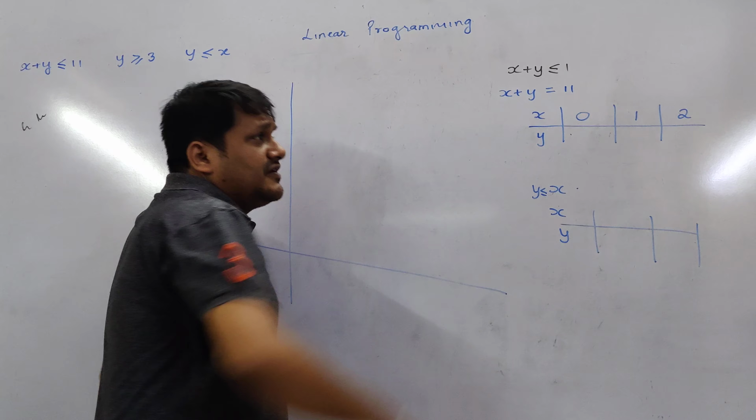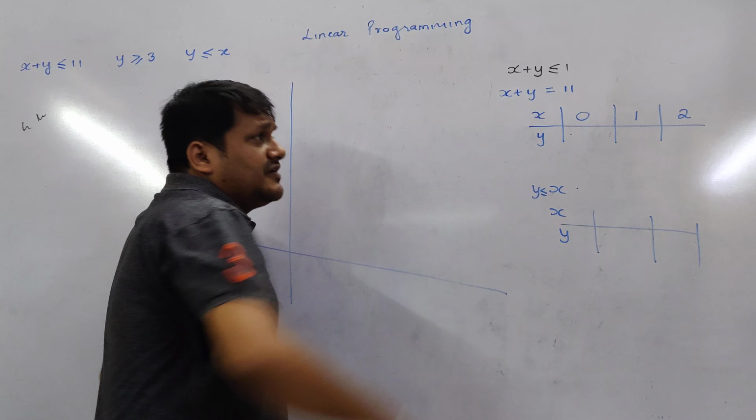Let us see how to plot the graph and find the feasible region, the wanted and unwanted region. This topic is there for 12th also, for 10th standard or IGCSE also. What is the linear programming principle? We use graphical solution to find the region, to find the maximum and minimum points. The first thing is how to plot the graph.